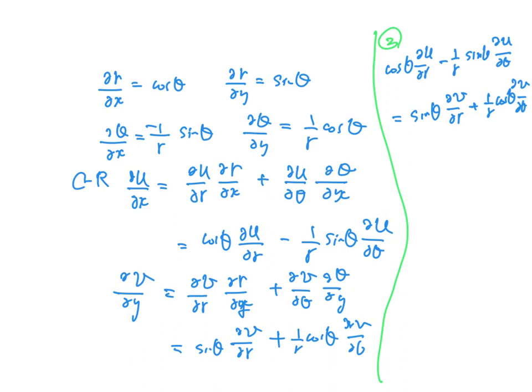So if we combine them together, what do we get? Okay, let's put the cosine factor together. So we have cosine theta times partial u partial r minus 1 over r partial v partial theta, minus sine theta times partial v partial r plus 1 over